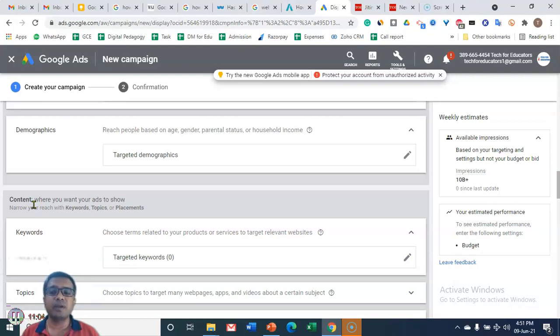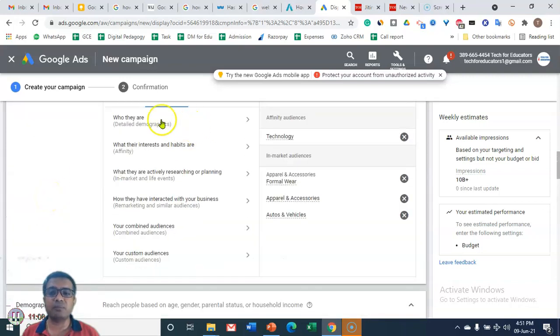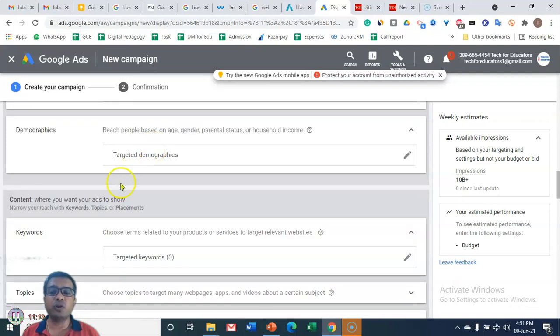Combination of both means I can show my ads, for example, to people in the range of 18 to 24, and those ads should only come where the topic is sports. So only people aged 18 to 24 will see my ads on the sports pages. It will not happen that your ad is shown to all the people of 18 to 24 and also to all the people on sports pages. No, it's a combination of both. That we have to keep in mind.